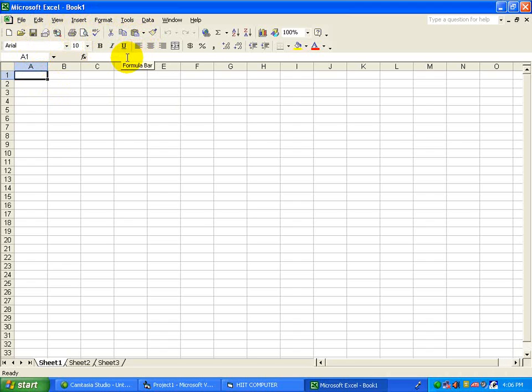But the difference is, in Word after formatting toolbar there was a ruler, but here you will find a formula bar, as we have to perform different types of calculations in Excel. So what formula we have written, you can see at the formula bar. To identify at present in which column and row we are, you can see at name box. These are the columns A, B, C, D and 1, 2, 3, 4. These are the rows.